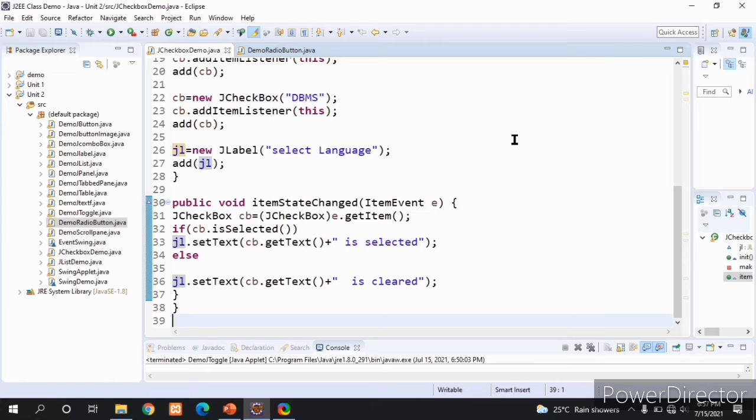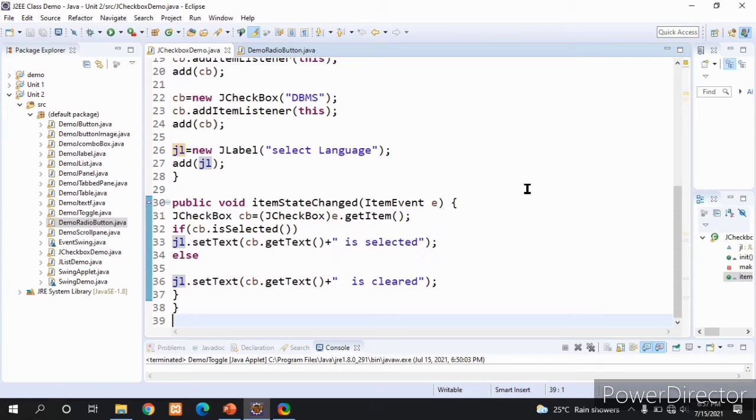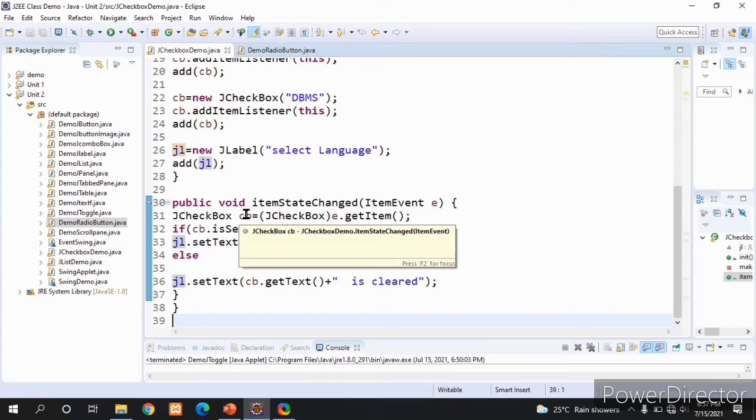So we are typecasting that to an object of type JCheckbox, and then I am storing that in cb.